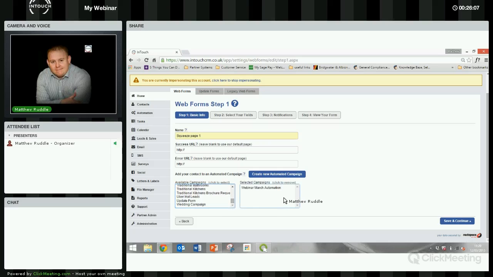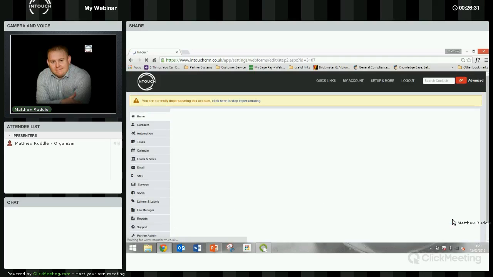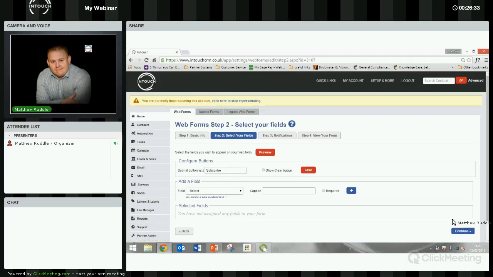That's the one that we know the steps are to send them an email to a group, create a lead, and create a task for me. Really nice and simple, all in one action. So if they complete this form, they're going to go into that. Or I could select a different campaign, or I can actually select to add them to a new one and create that new one right here, right now. So I've added that one. Perfect. So I'm going to save and I'm going to continue on to the next step,